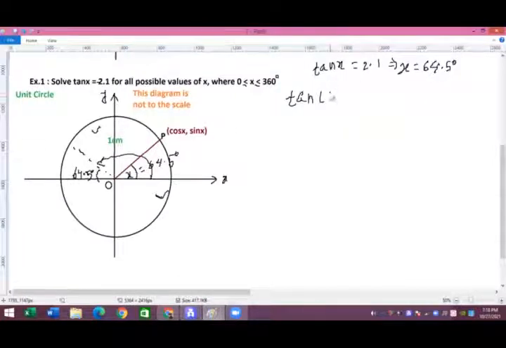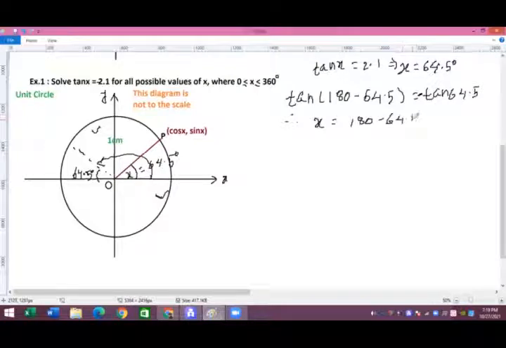So you can write here tan of 180 minus 64.5 equals minus tan 64.5, because in the second quadrant tan is negative. Alright, so therefore another possible value of x in this case is 180 degrees minus 64.5, and let's go to the calculator again. You can check 180 minus 64.5, and that's going to be